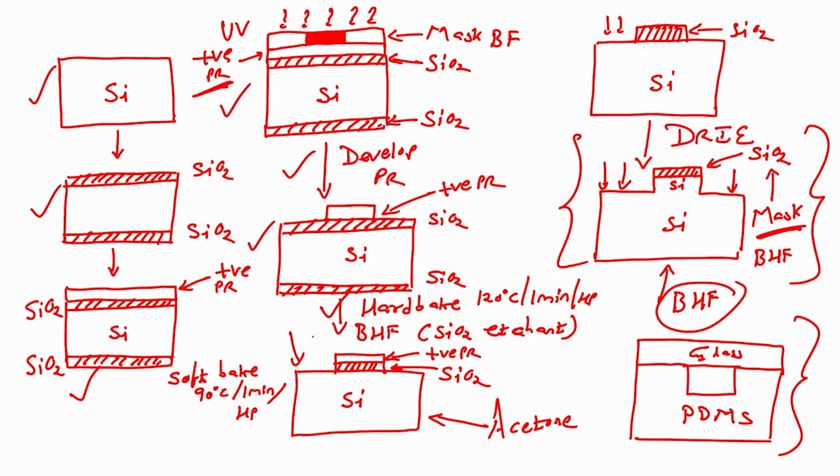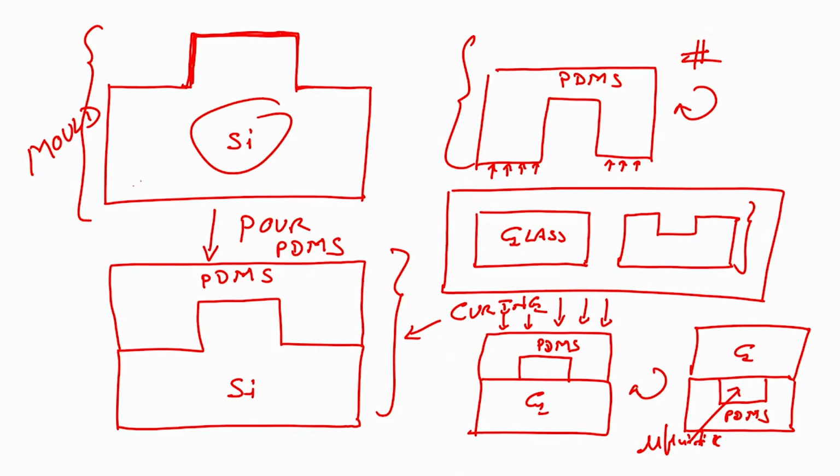BHF will etch the silicon dioxide. So, you will have this wafer. Now, you do not require your positive photoresist, so you dip this wafer in acetone, correct. Then you will have silicon dioxide and silicon. If I use DRIE, then DRIE will etch the silicon except the area which is protected by silicon dioxide, and then you will have this structure with silicon dioxide and silicon. If I dip this wafer in buffered hydrofluoric acid, I will have my silicon mold, on which if I pour PDMS and cure it, I will have my patterned PDMS with the microfluidic channel,